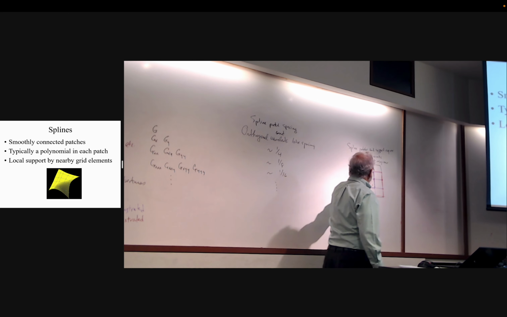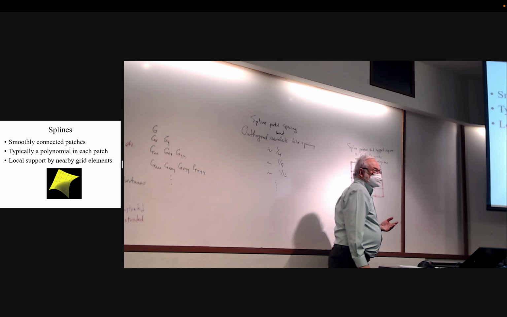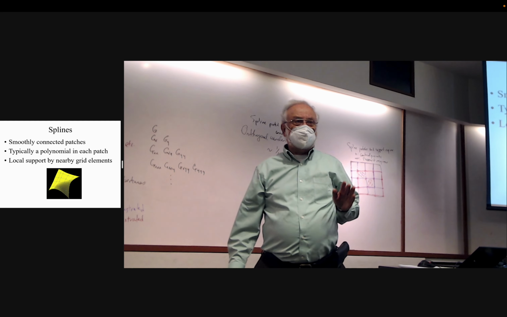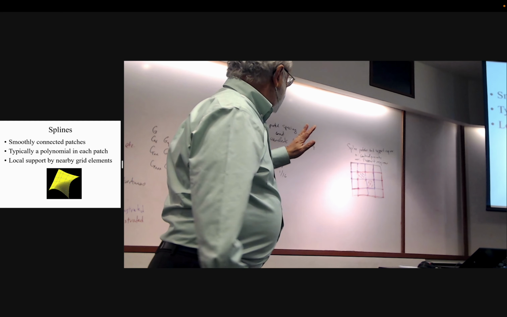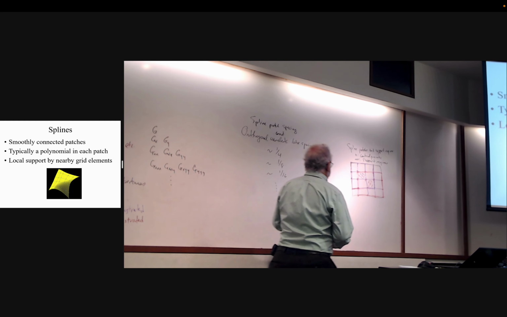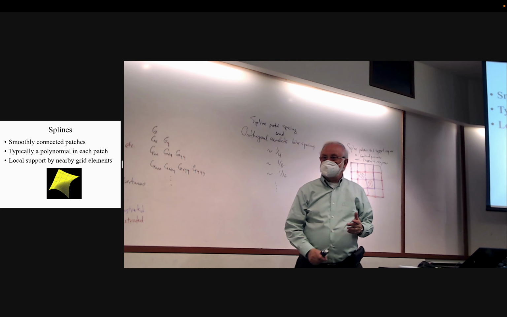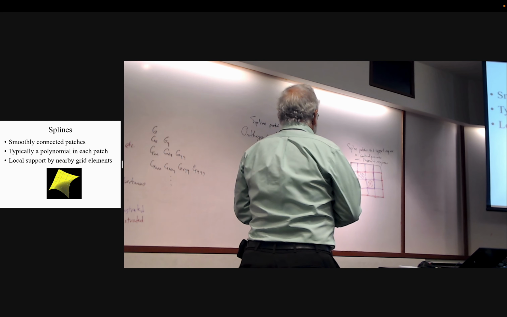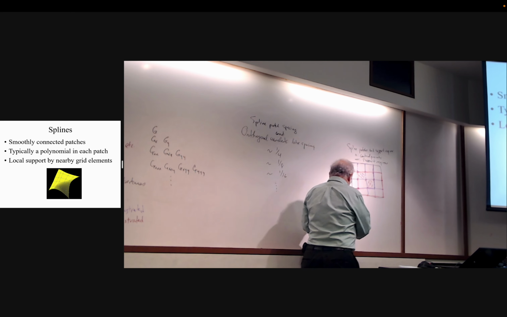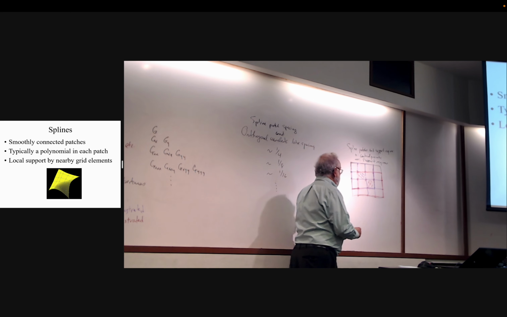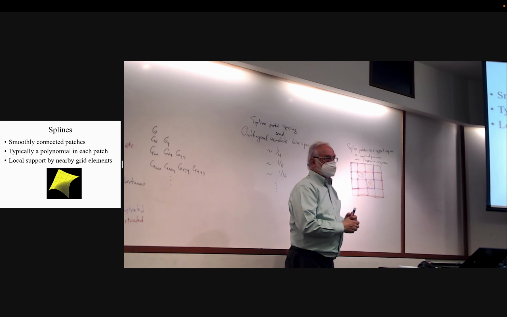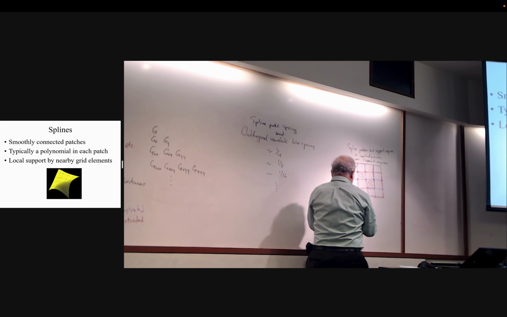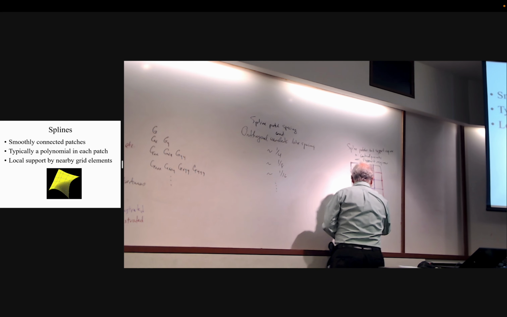It's going to be a polynomial function in x and y. It's also going to be developed separately so that you do it in x and then in y on the result. And I'll talk about that later. But the main point is, for each patch, you get its own polynomial. Okay? And the polynomial's coefficients are determined by surrounding so-called control points. So for this patch, it turns out for the one we're going to be talking about, which is something called B-splines,